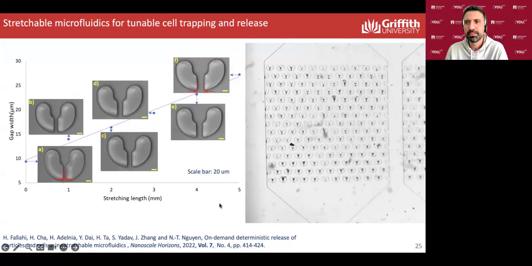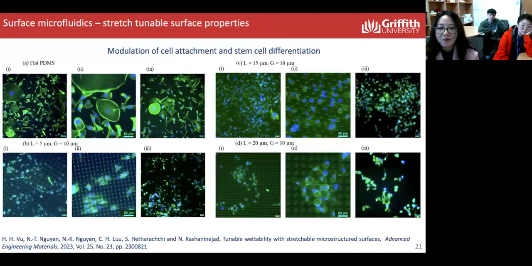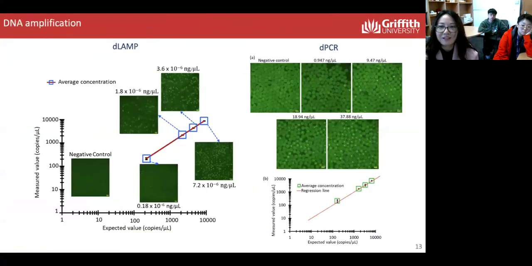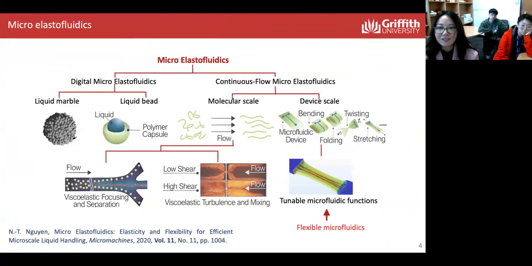Any other question from the audience? Can I ask a question? Yeah. Thank you, Professor Nam-Trung, for your excellent talk. I've learned a lot. I'm curious about using viscoelastic fluids for mixing. What polymer concentration and molecular weight are you looking into? So are you using the channel structure for mixing, or are you curious about using the second normal stress or other